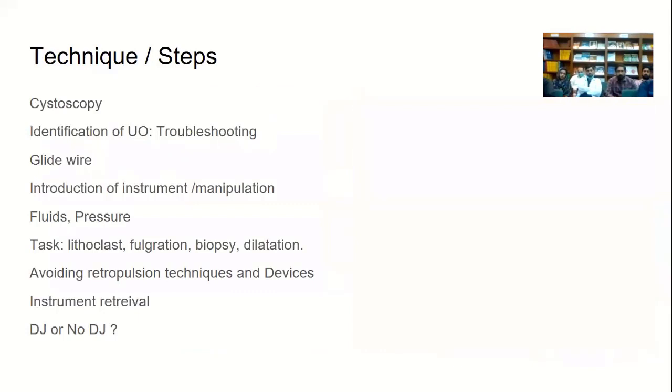Then the technique. First of all, we perform cystoscopy. The cystoscope is introduced through the urethra after applying jelly on it. We see the normal anatomy of the urethra and identify the prostate in case of a male. After that, both ureteric orifices are identified, and then we pass the ureteric catheter up to the respective ureter, which is to be cannulated. Then the glide wire is introduced and carried up the collecting system of the respective kidney.